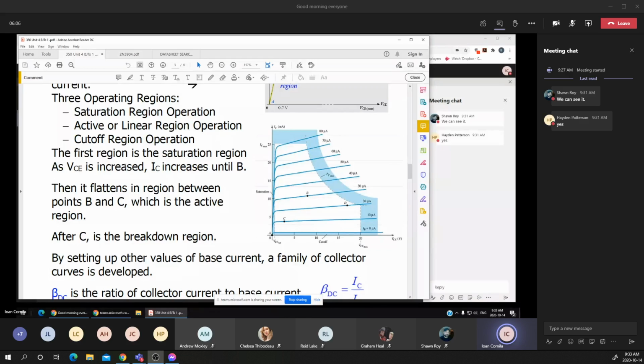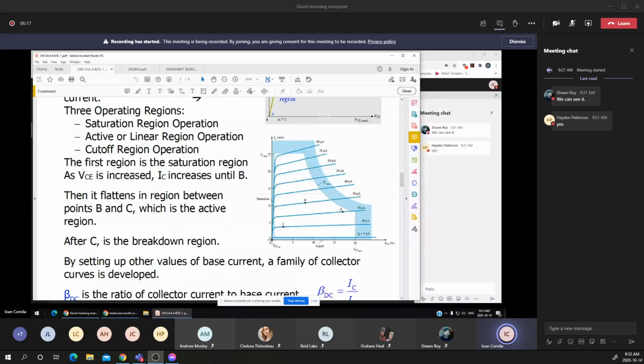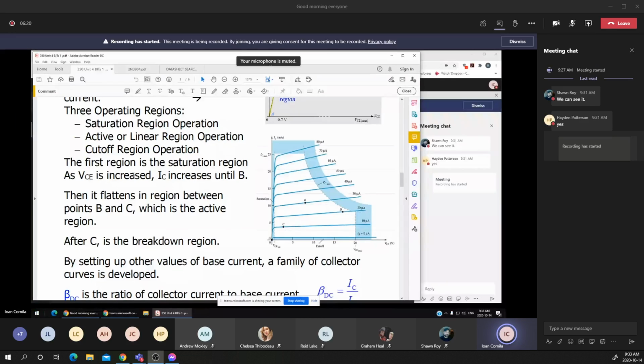Okay, let's move on to the BJT. First of all, how can we define the BJT? It has 3 terminals, meaning 3 semiconductor regions and 2 junctions: between the base and emitter, and between the base and collector. The basic functionality, or the operating regions of the BJT, is limited by 5 limits, but it has just 3